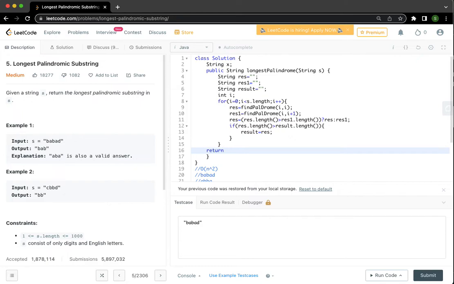And then we will also return a result. Now we need to write the main business logic to find the palindromic substring given left and right pointers. So we are getting int left, and then int right, and so what we want, while left is greater than or equal to 0